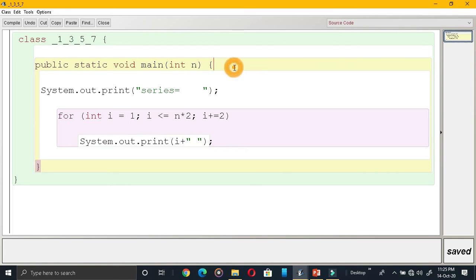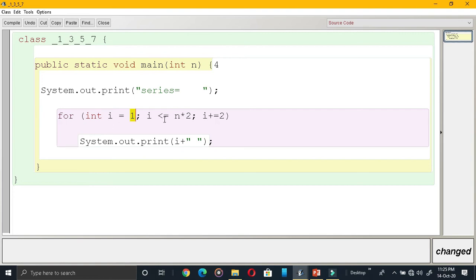Okay, I am giving 4 terms. I need to print 4 terms. So the loop is running from 1 to 4 into 2, that is 8. Print i. What is the first value of i? 1. 1 will be printed. Then i plus equals 2, 1 plus 2, that means 3.